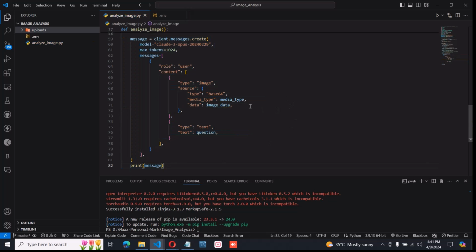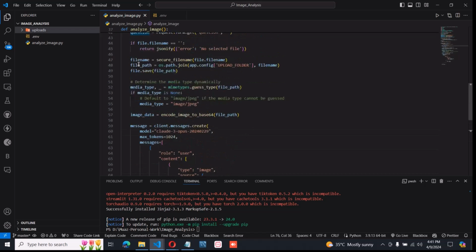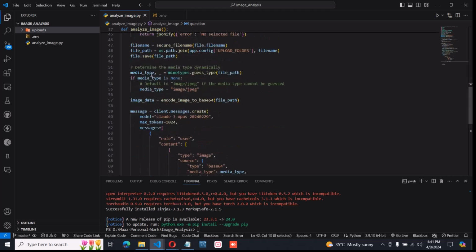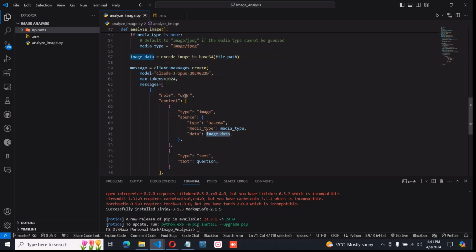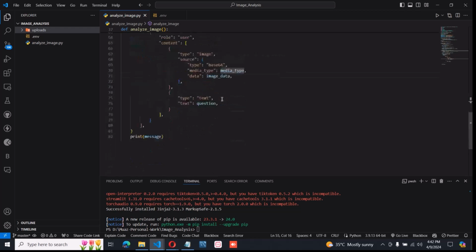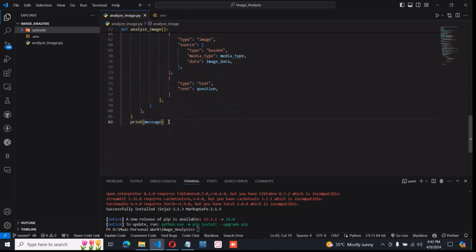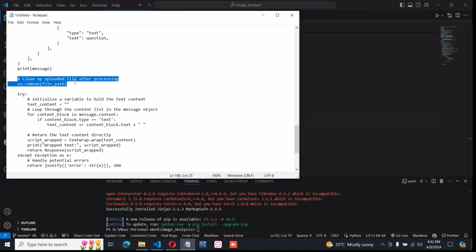As you can see, this is the question, right? Now the data is image data, this, and the media type is this. By default it is JPG, but it will detect what kind of image the user uploads. So if the image type is not detected, then it will consider it as JPG. So that's the thing. After that, we will clean the file from the upload, because the user